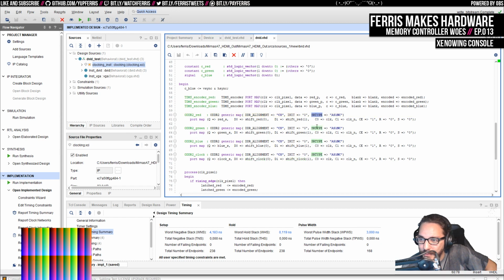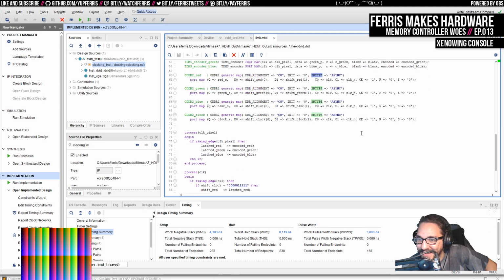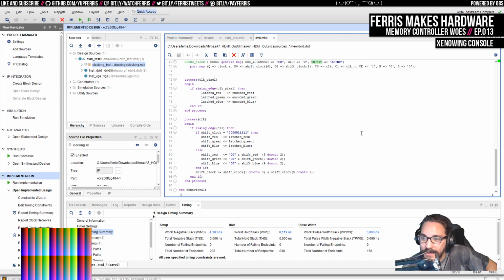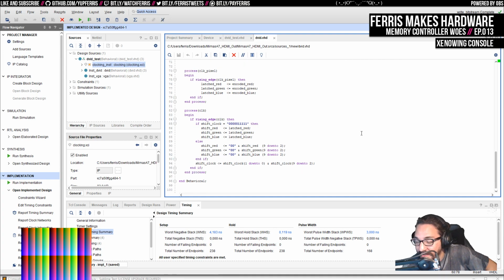So this is SR type equals async. I wonder if that's like a latch thing. Again, I don't really know enough VHDL to really understand that. So what I'll probably do at some point, and probably not today because